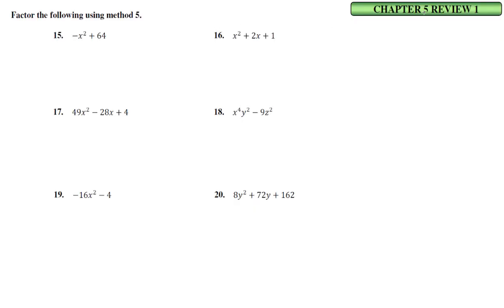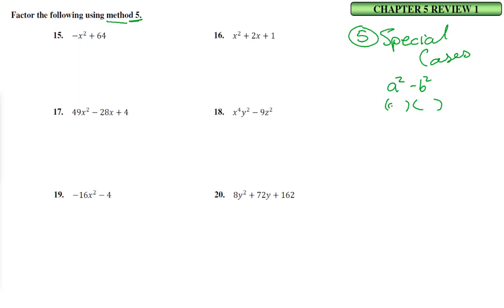Here we are in Chapter 5, Review 1, Exercises 15 through 20. Here we're using Method 5. Now, Method 5 is special cases. To review what special cases are, we have two of them. If you have two perfect squares separated by a subtraction sign, then that factors into A plus B, A minus